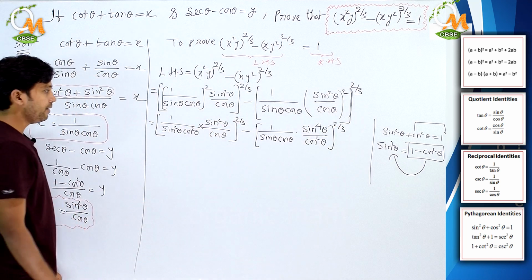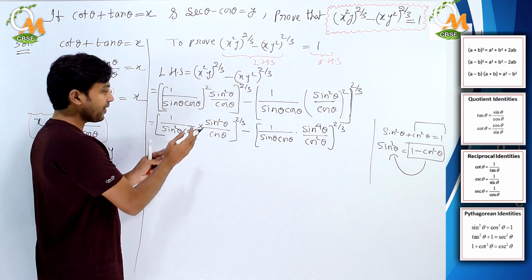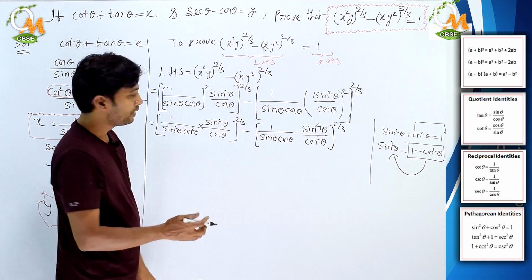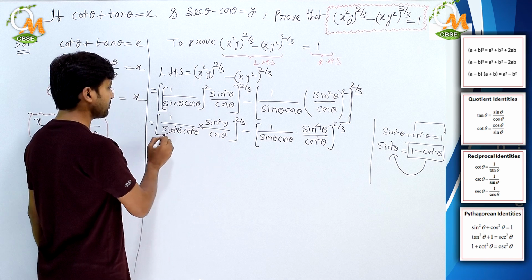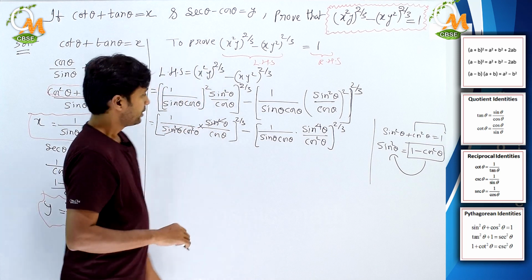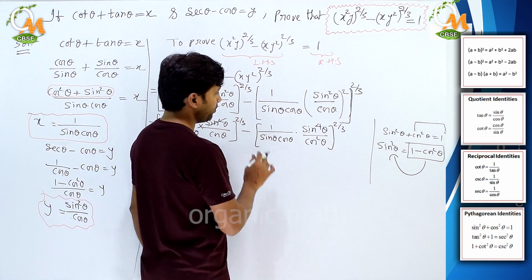Okay, now just see, I think some common factors are there in the numerator and denominator part. Better we can do the cancellation for them. See what are those factors here? Sin square theta is there in the numerator and denominator part commonly, so we can cancel. And here also in this expression, what are the common factors?